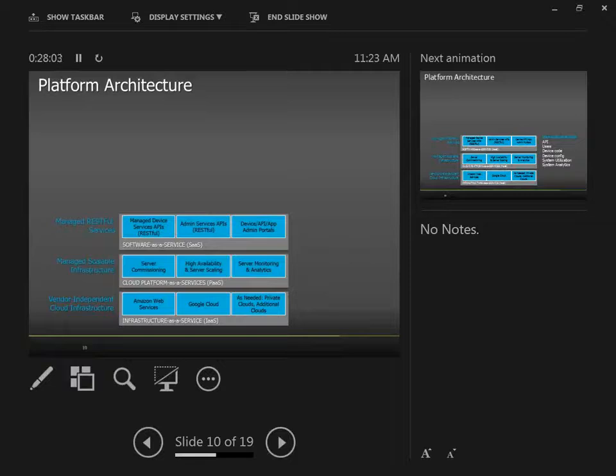So going up into the stack, which is the layer being shown at the moment. On top of that platform as a service layer comes typically the software as a service layer. So this is where the services of the platform, the specialization of the platform becomes real.